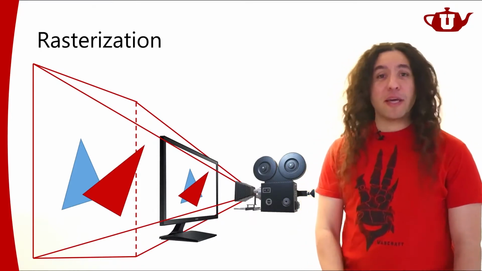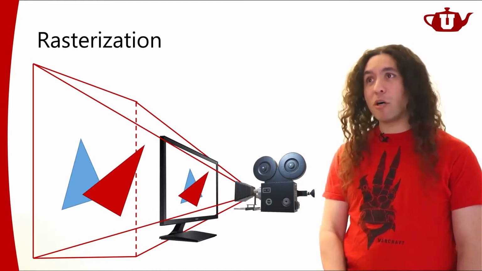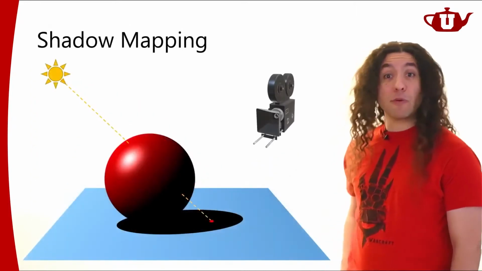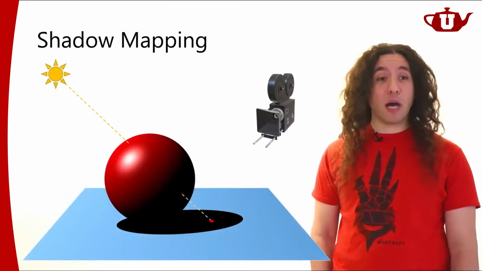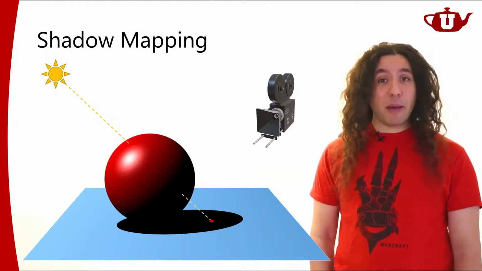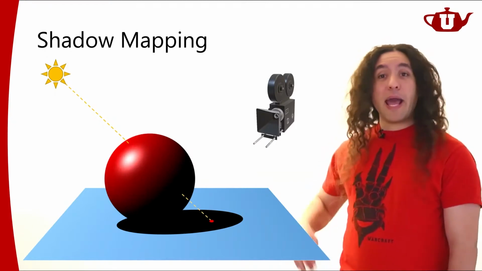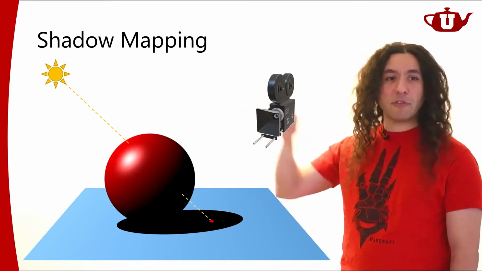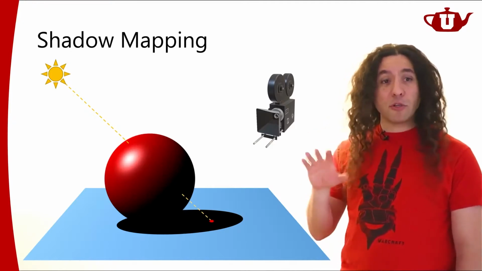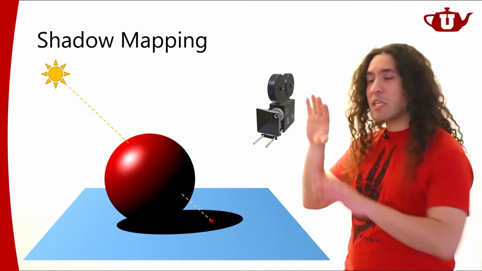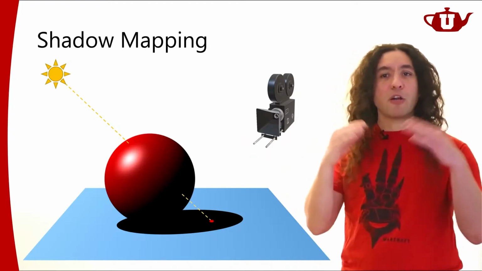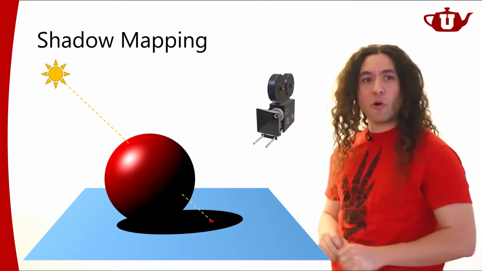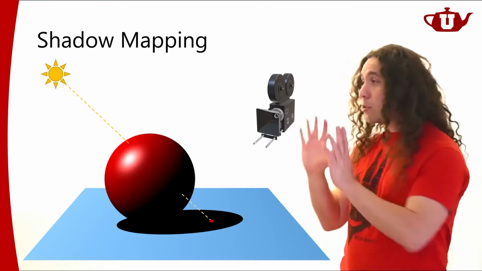What we're going to do is going to be probably the most popular way of computing shadows today besides ray tracing. That's going to be shadow mapping. Very, very, very important topic. We're going to be implementing shadow mapping for our upcoming project. And our next lecture on Thursday is going to be devoted to shadow mapping and how to implement shadow mapping. But today I'm going to just give you an overview of shadow mapping. We're going to talk about shadow mapping at a high level. And on Thursday, we're going to talk about shadow mapping in a more detailed sense. Okay? So here's how it works.